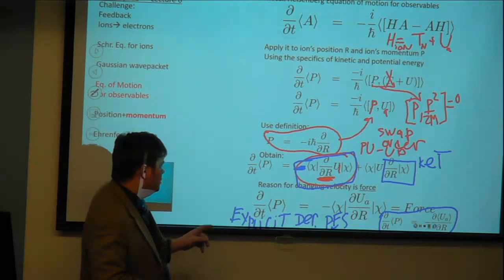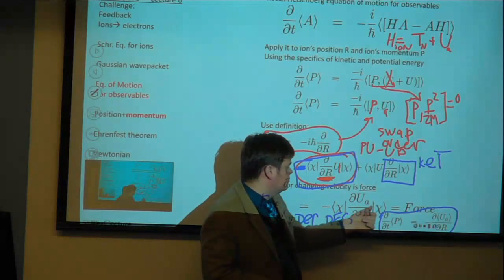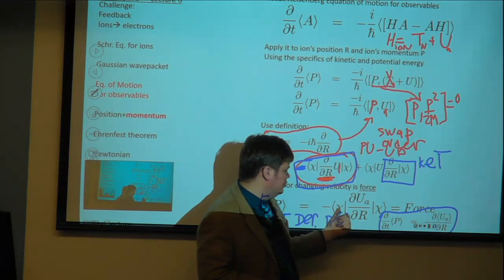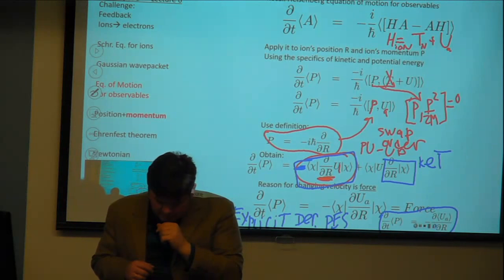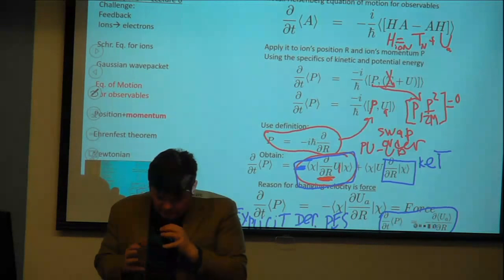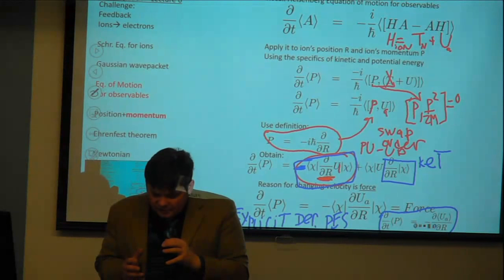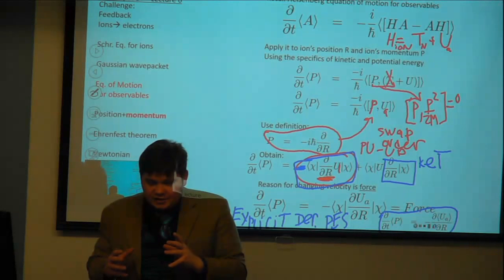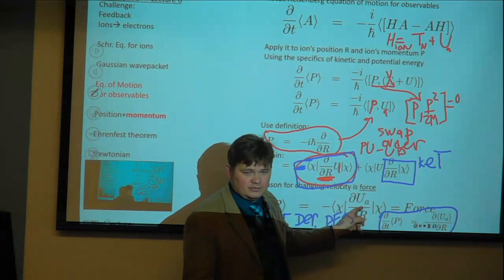So, if we are still in the language of quantum theory, instead of these angular brackets, we can use Dirac notation and wave functions. But in the quantum case, the idea is that the force that influences the change of momentum comes from the expectation value of the gradient of the Hamiltonian, or the gradient of the potential energy surface.